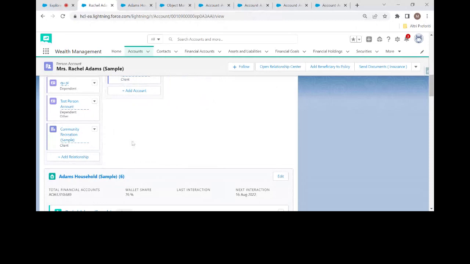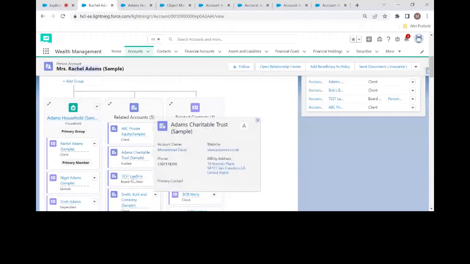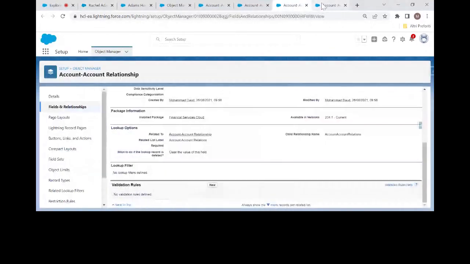Yeah, that is the trustee. That means this Rachel Adam, this person, is a trustee of Adam Charitable Trust. It is inverse because a trust is not a business entity. Rather, a trust is always supposed to be non-profit. So for this Rachel Adams, any personal profit in other business will not get reflected here. Okay. And another important